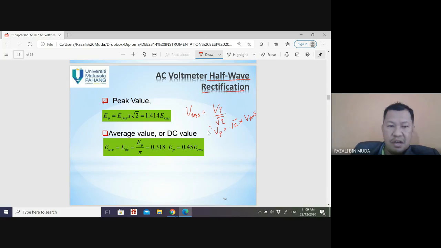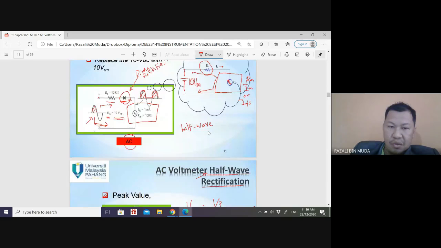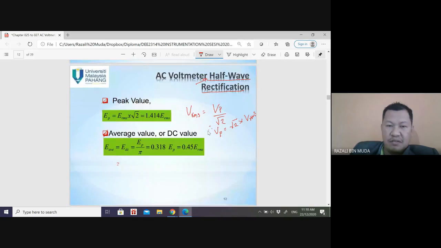The average or DC value for half wave, because you only have one cycle, not two, since only the positive part goes through, is Vp over pi. Just now we said it is 2 Vp over pi,